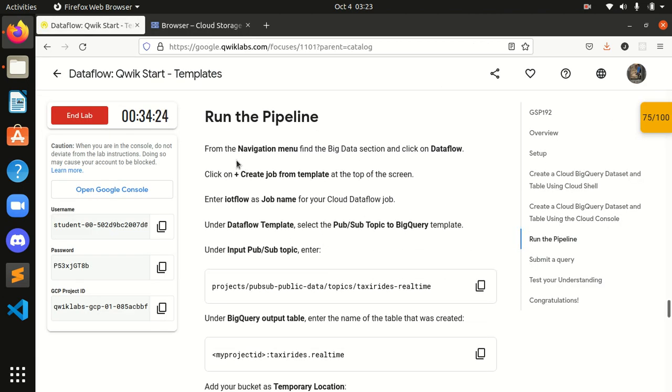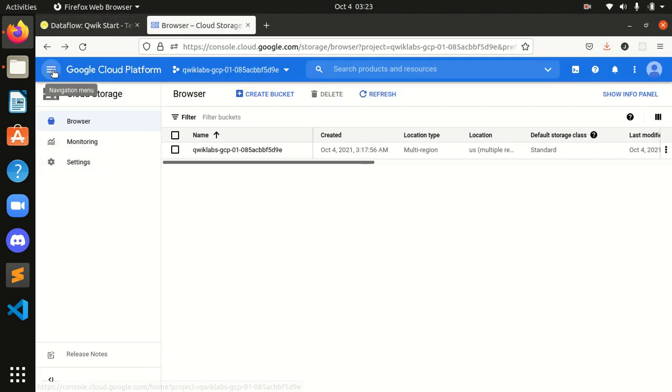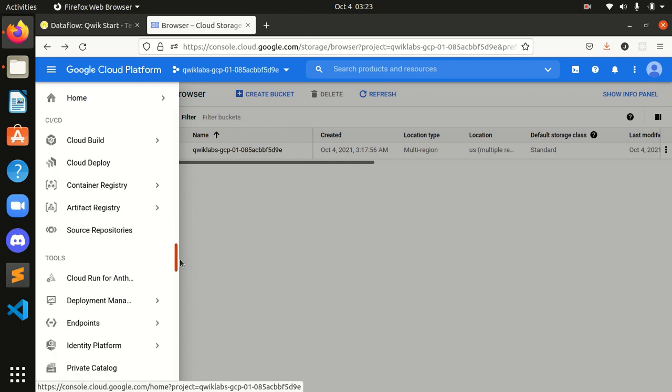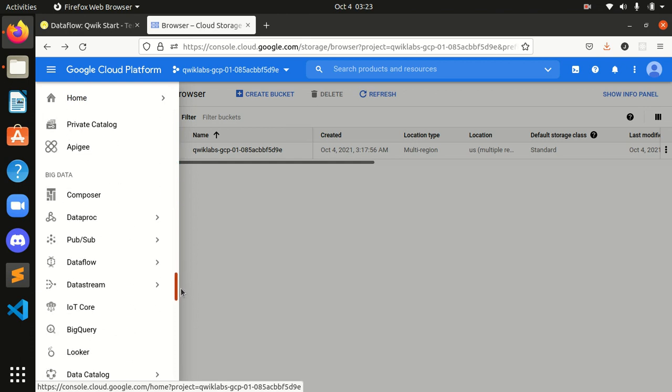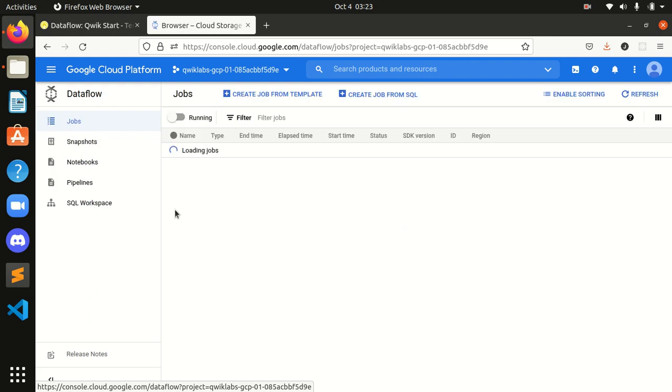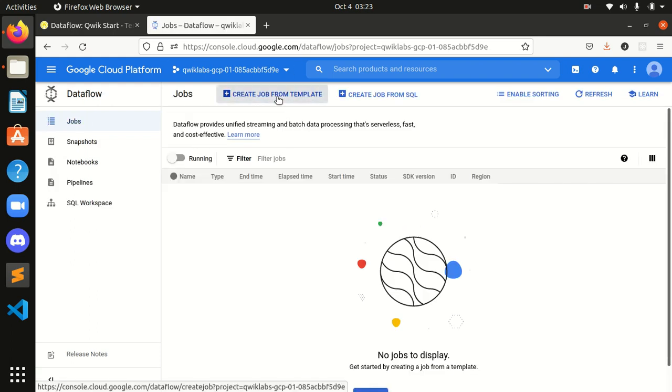Now the last step: run the following. Click on Dataflow, click on create job from template. Okay, over here I will go on Dataflow. Now let's create a job from template.